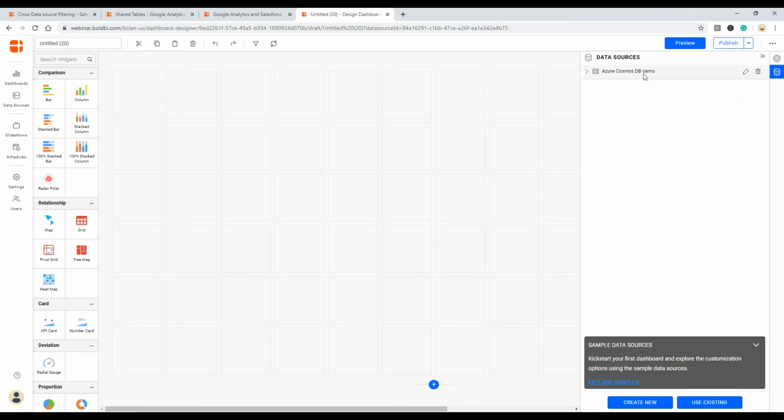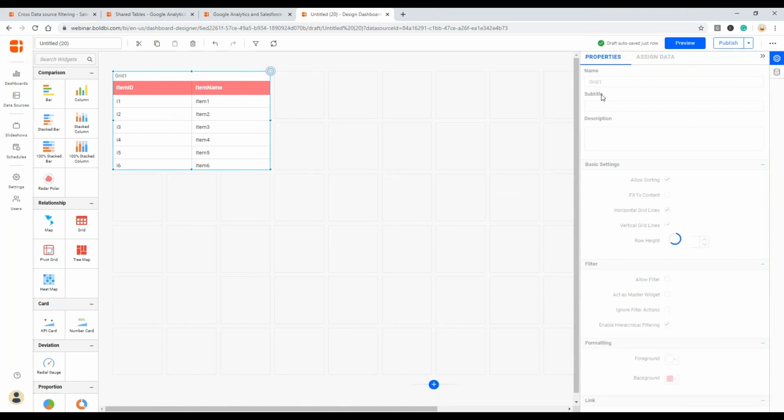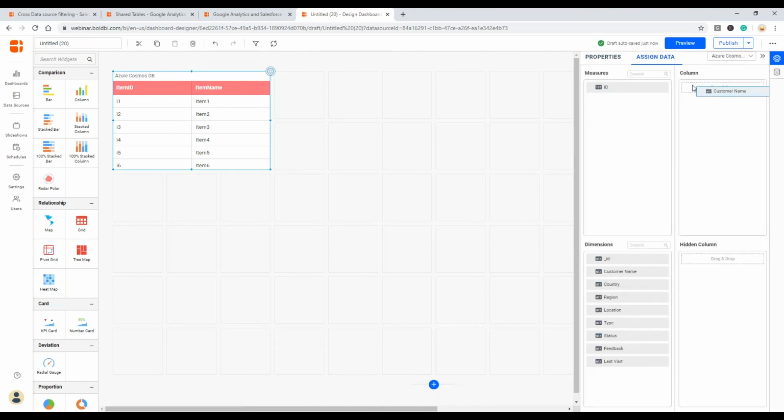So I have my Azure Cosmos DB data extracted into Bold BI. Let me just use a simple grid widget to have a glimpse of the data, how it looks like. Yeah, that's good to go.